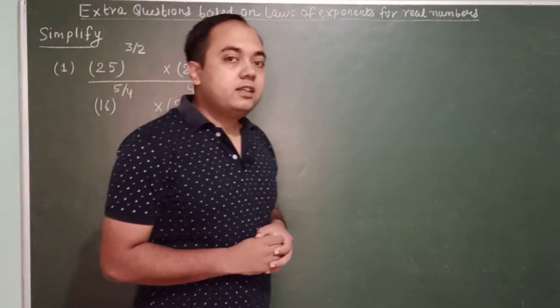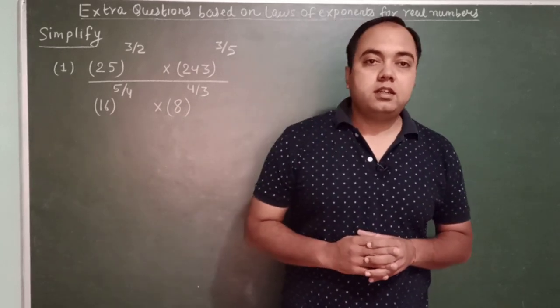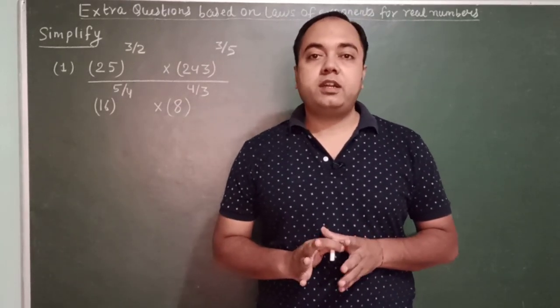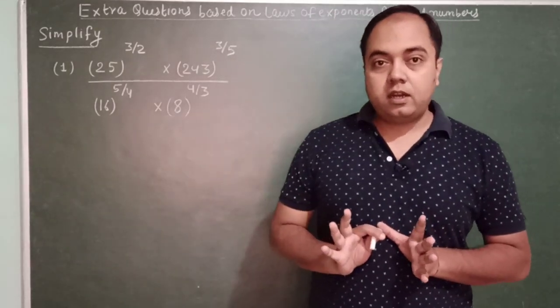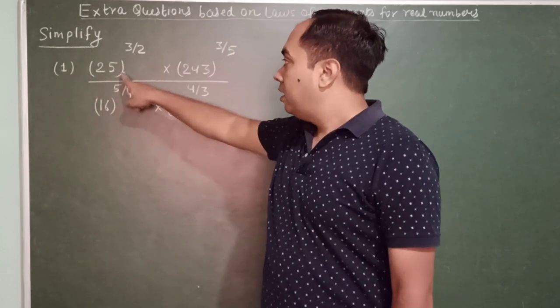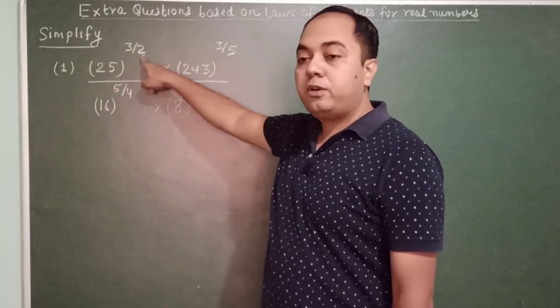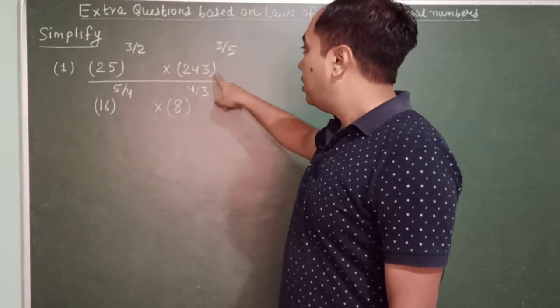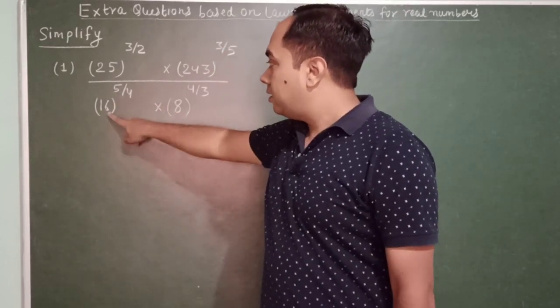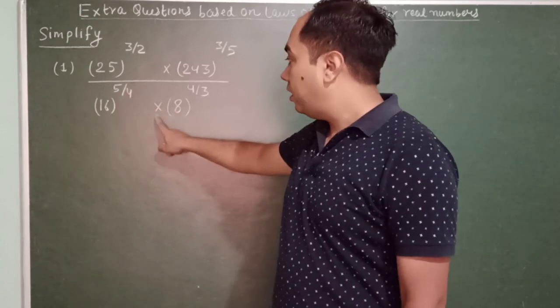Hello my dear student, in this video lecture we will study extra questions based on laws of exponent for real numbers. Now the first question over here is simplify 25 raised to the power 3 upon 2 into 243 raised to the power 3 upon 5 upon 16 raised to the power 5 upon 4 into 8 raised to the